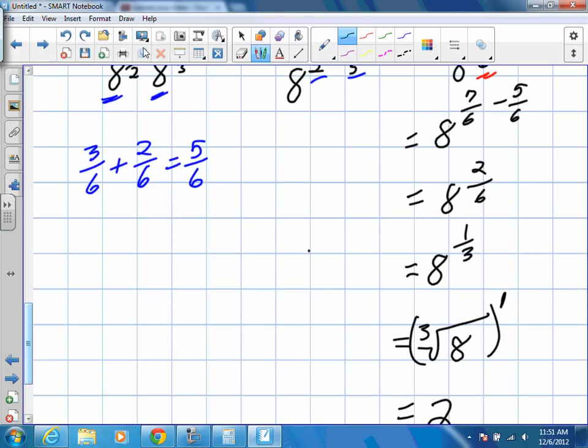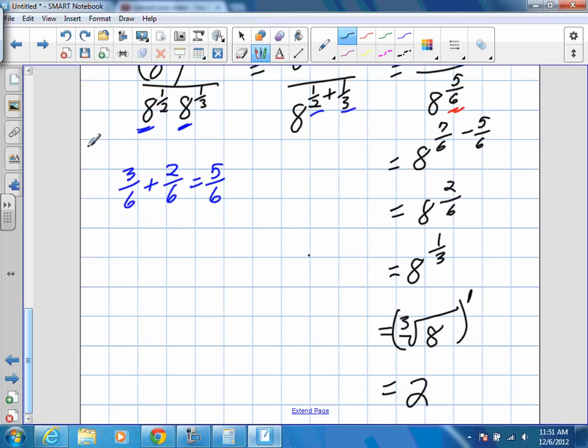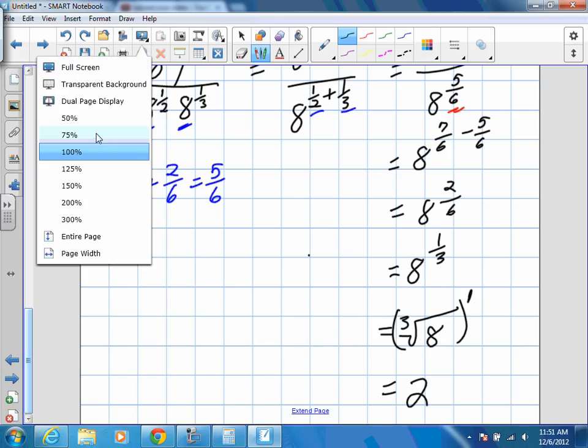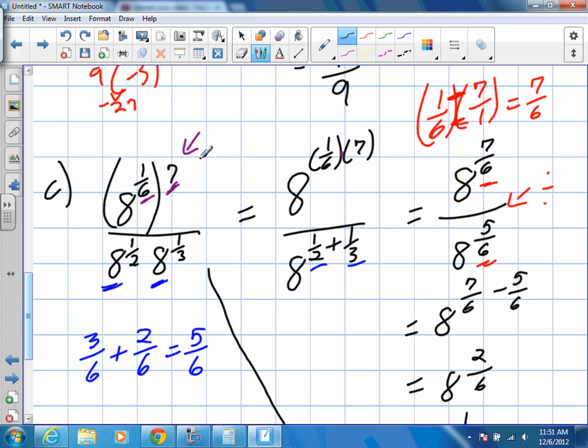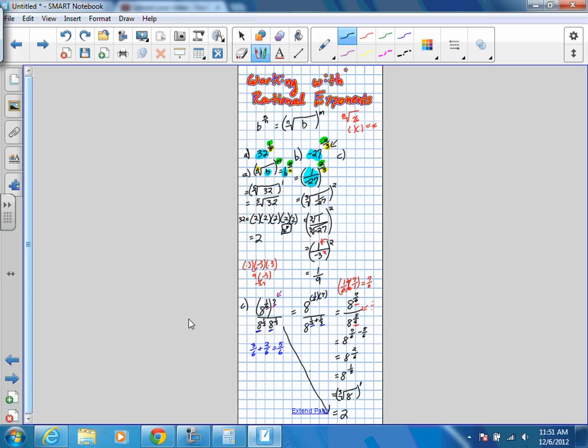There it is. After all that work, from here to here, this is the equivalent of just writing the number 2. So there's our entire page. So we have to